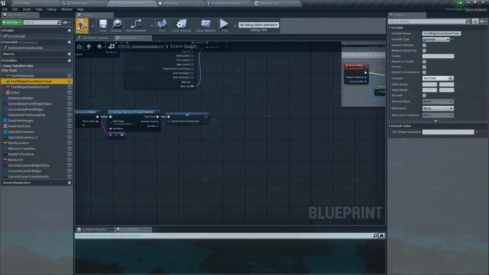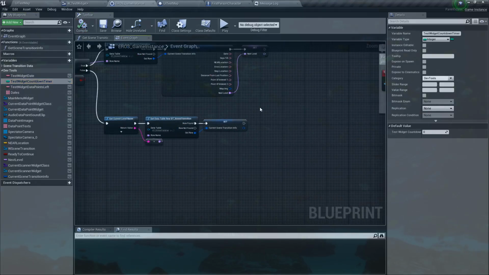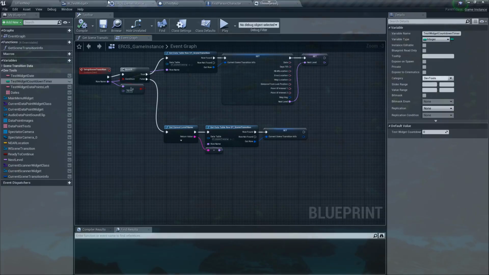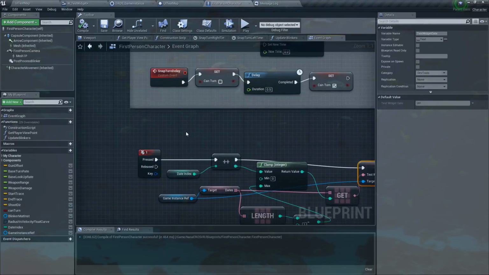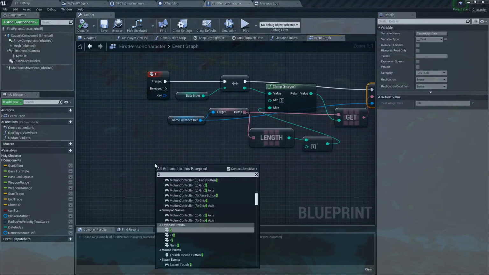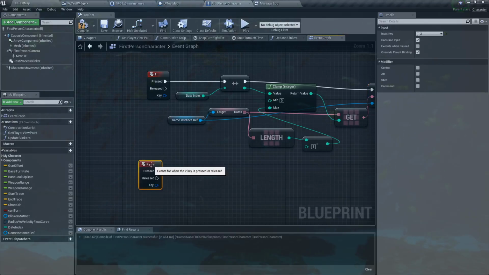Yeah, I'm going to leave it as an int. We should do a float to show the partial seconds. It'd be more interesting to look at, but leave that alone. Now I'm going to go ahead and use this 2 key press to start a timer